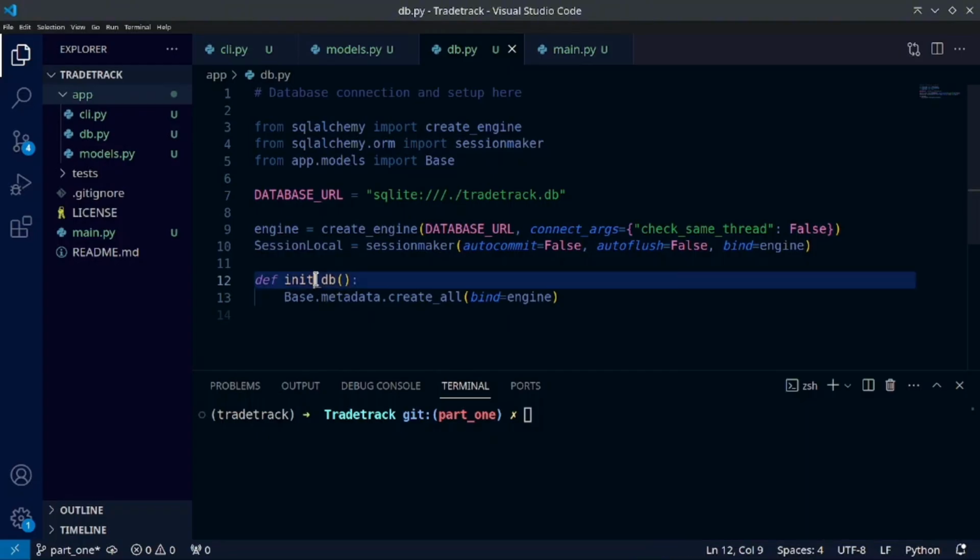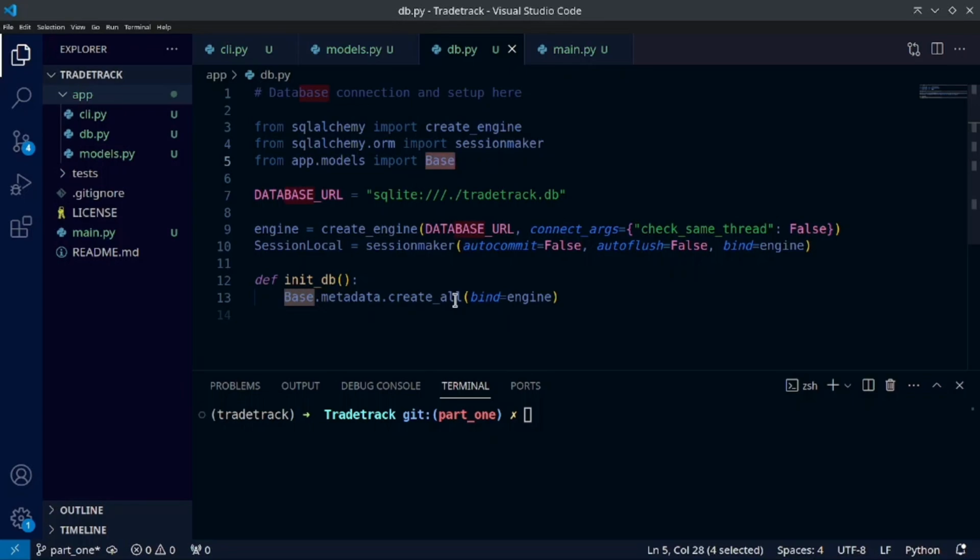And then the init_db here creates the database tables based on our models, and it runs just once. So we have Base, which we've imported from models. Then we say